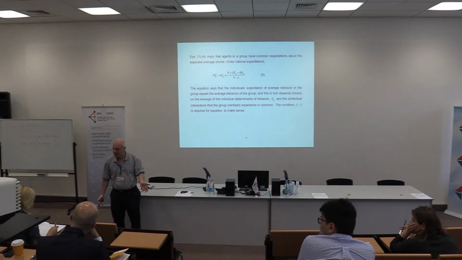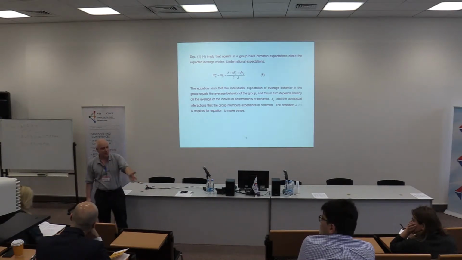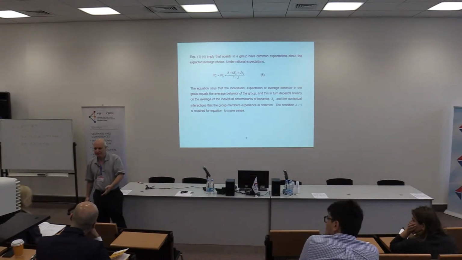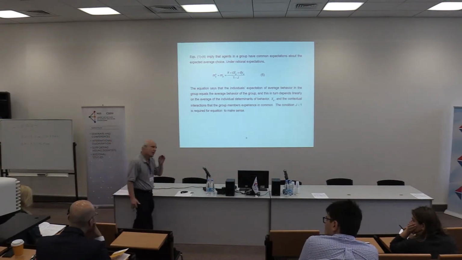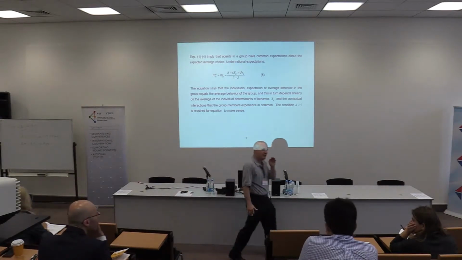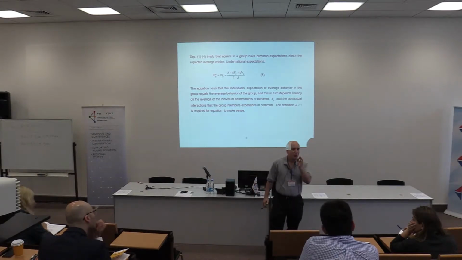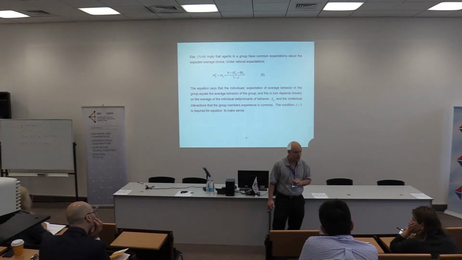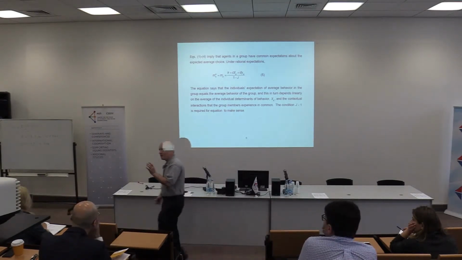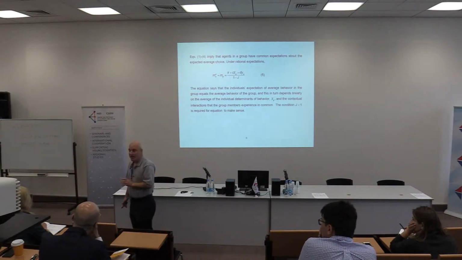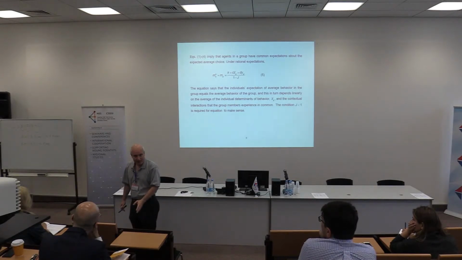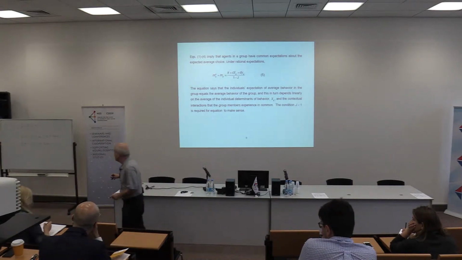Everyone with me? Now, that's true in any regression model. Why is it of interest here? Consider the following. What if there is perfect segregation of people by groups, and each Y is the average of an X? Everyone with me? So in other words, everybody is affected by his or her family income and the average income of the neighborhood. If I perfectly segregated people by income across neighborhoods, so there's no heterogeneity within neighborhoods, would this condition hold?